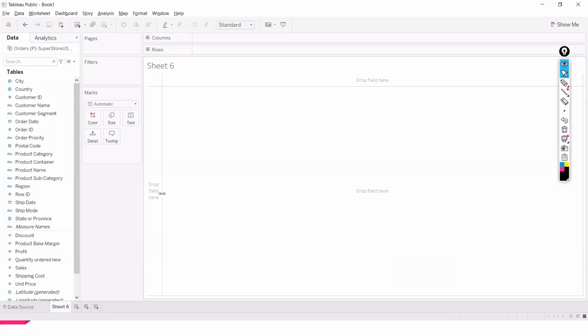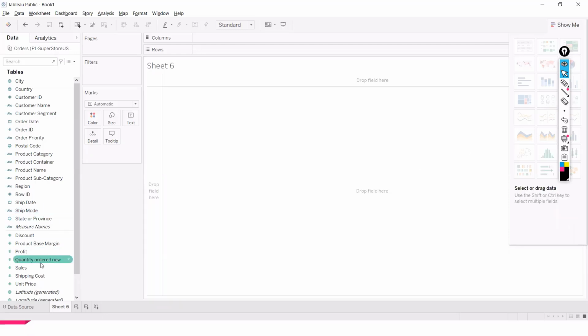Now, what I do is I'll be taking some value. So you can just click on Show Me and you can see for a histogram, you need only one measure. It's not necessary that you have a number of measures, a number of dimensions. You can just start creating a histogram using one single measure. So what you would do is, in the columns, you can take